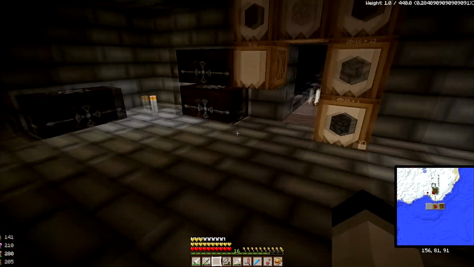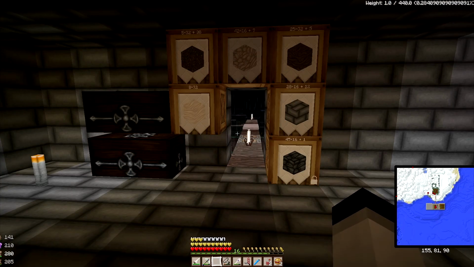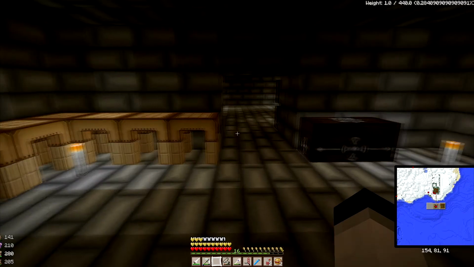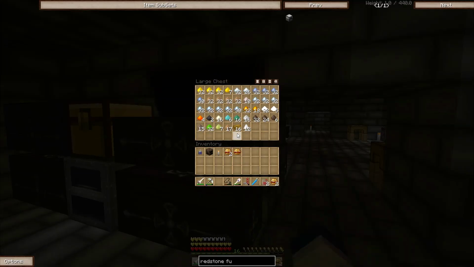I haven't been playing this mod pack too much, but what I have done is I did boost my pickaxe. So now my Energistics pick has the level of Sanguinite. And what I did is I just went into the nether and did some strip mining, and it was fun and painful. But I got a bunch of stuff, so I'll just show you all of the...